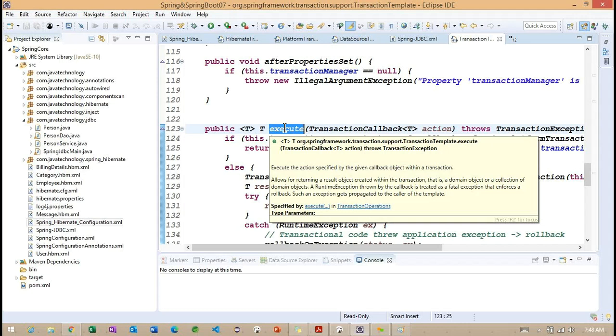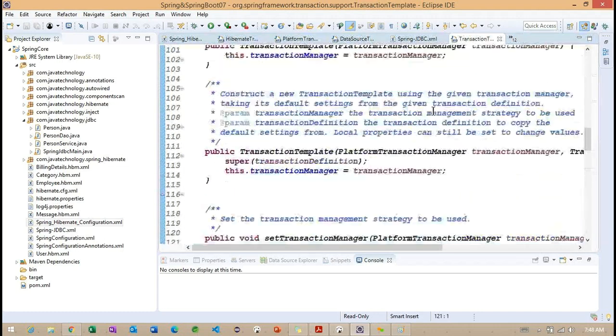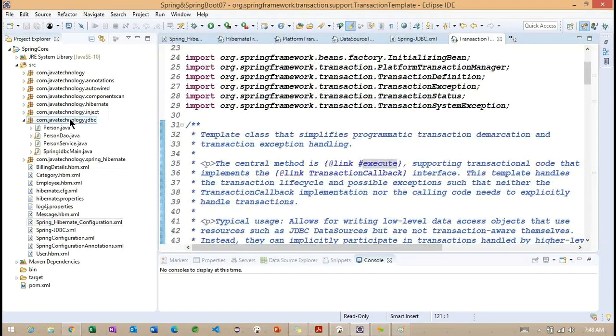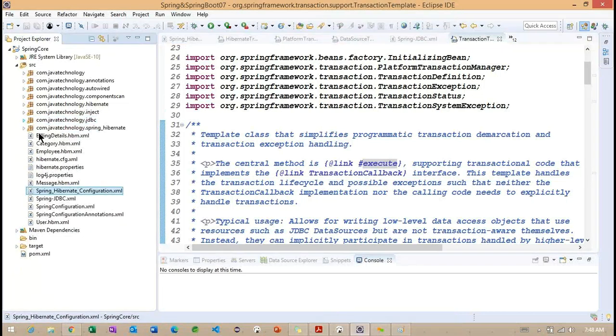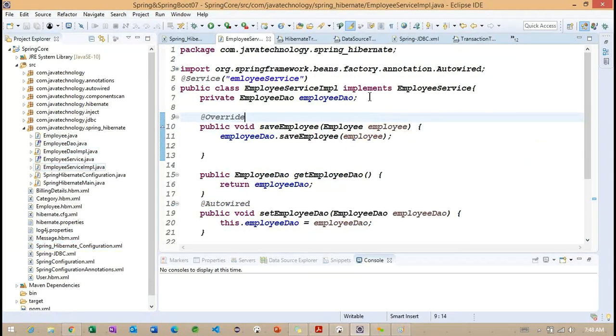Okay, now we'll have a simple example on this programmatic transaction, how exactly it is going to work. To work with this particular transaction template, let me go back to the Hibernate example we discussed in the previous classes. Employee DAO, not DAO, we'll try to work on the service class.